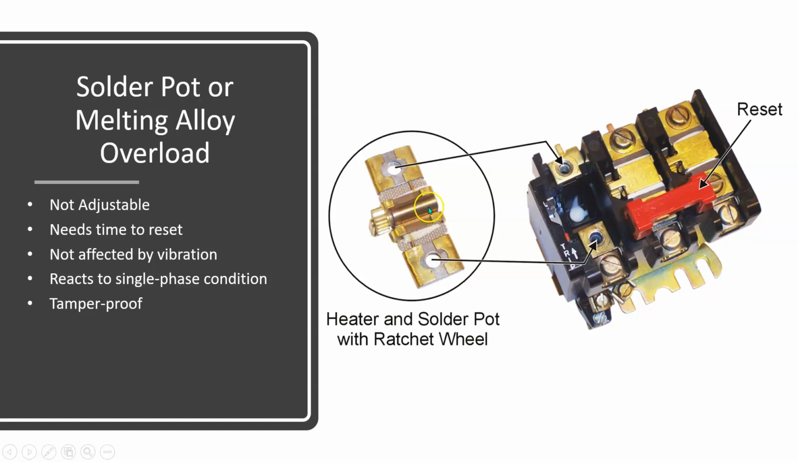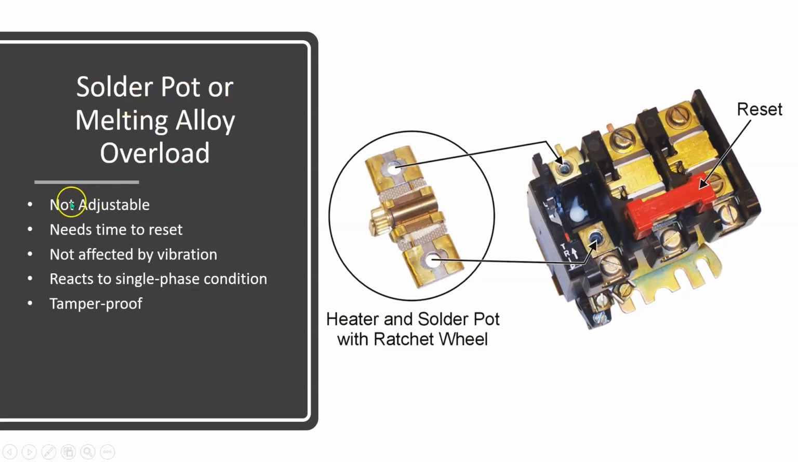And this is a solder pot. So there's solder in here, or some type of alloy, and there's a ratcheting wheel here. Right now, that ratcheting wheel cannot turn because it's embedded in this alloy or solder. I'm going to get to the next picture in a second, but before we do that,